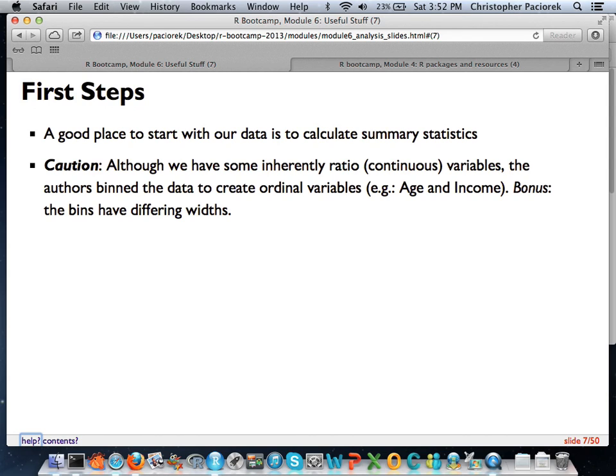So I should just note, for those of you that are worried about the interpretation of these variables that we're going to be working with, age and income, for instance, they're binned, and the bins are of unequal width. So I'm going to be doing some things with them that, if I was actually going to do some analysis, would be terrible to do, and you should never do them. But for ease of demonstration here, we're just going to go with it and pretend that the bins are actually equal width, and we can do some of these transformations that I'm going to do.